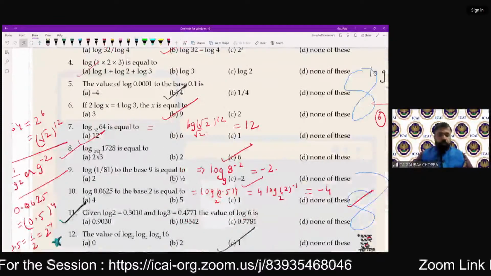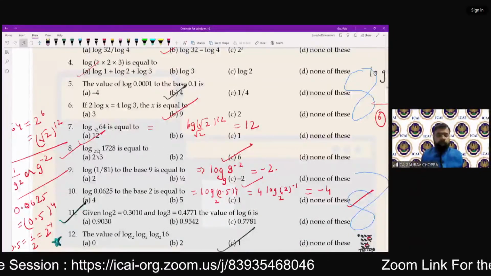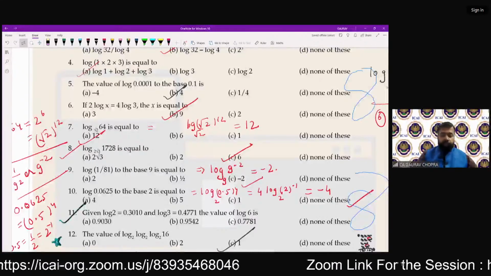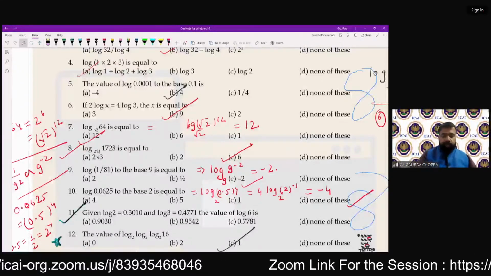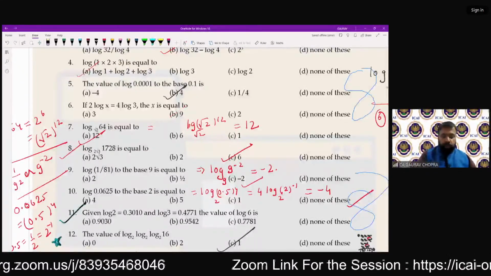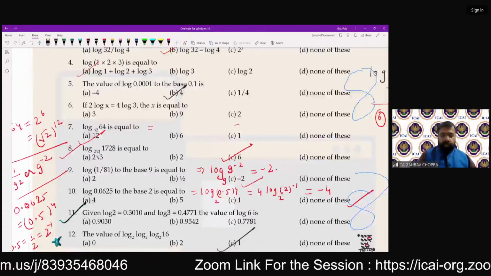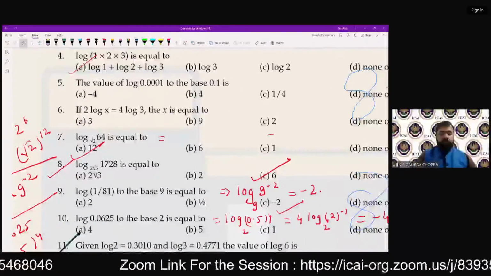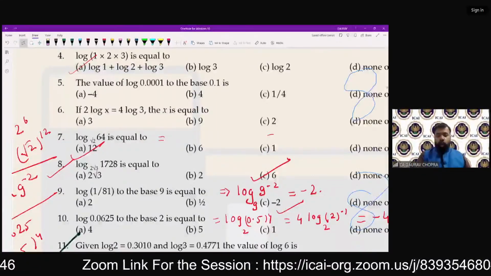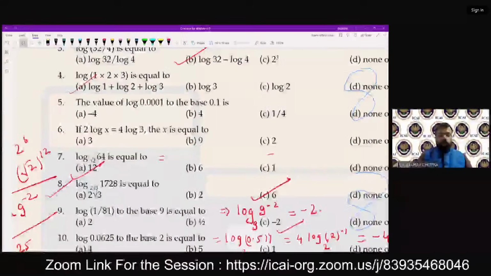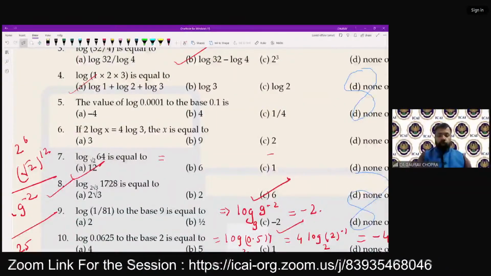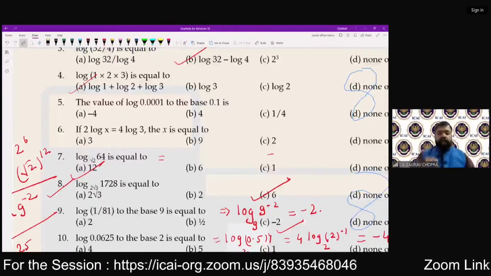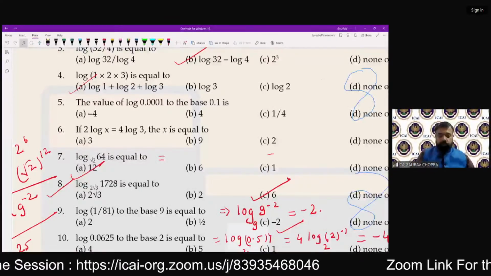सो क्वेश्चन नंबर 6 पे आते हैं. 6 अच्छा क्वेश्चन है और बहुत इजी क्वेश्चन है, एग्जाम में आता है, देखने को मिलता है. लेट अस अंडरस्टैंड. 6 is 2 log of x is equal to 4 log of 3. 2 log x is equal to 4 times of log 3. Find out the value of x. x का वैल्यू आपको कैलकुलेट करना है.